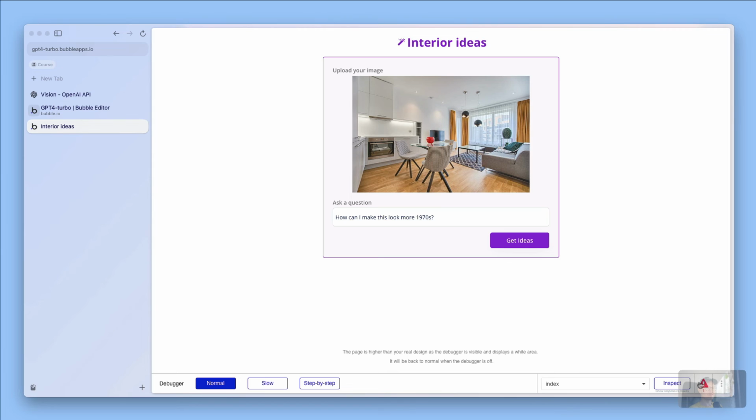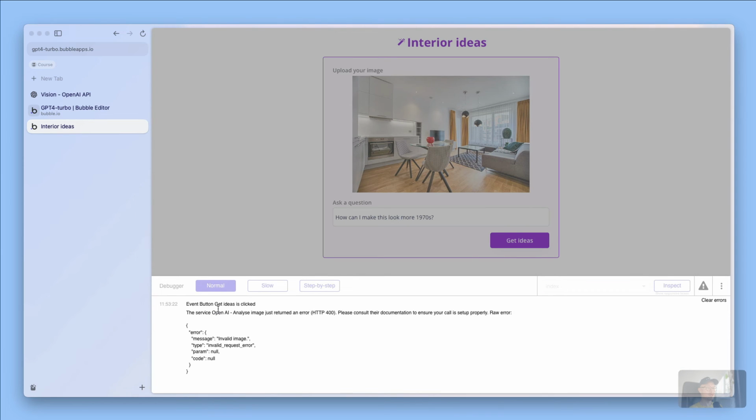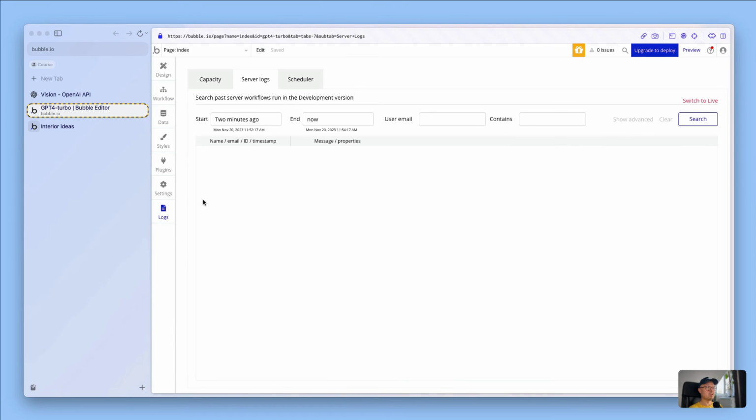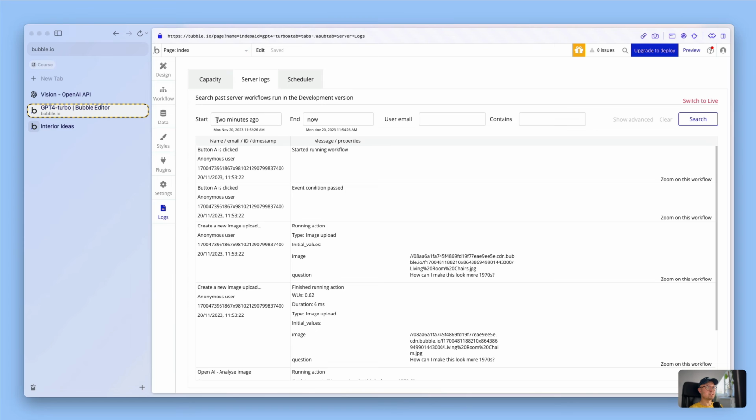So the first thing I can do is click on this little red triangle here, which is going to give me a bit more information. So OpenAI returned an error, and it just said invalid image. Okay, so it doesn't tell us much more, but I can go into my app here and I can click on to logs, and I can search for stuff that's happened within the last 2 minutes. And I can see here